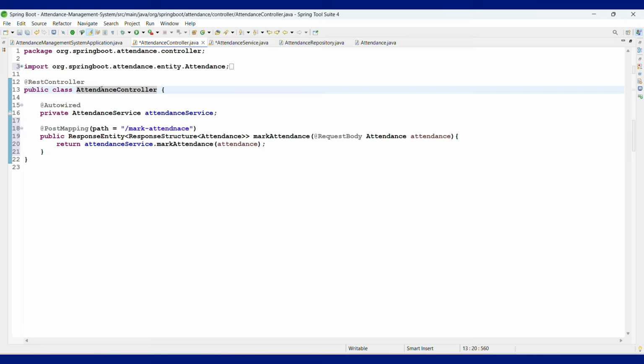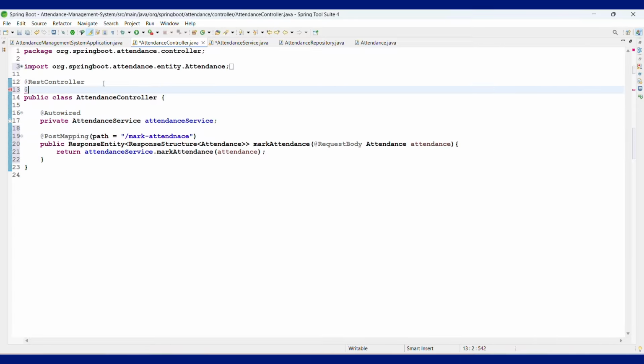But we have an admin controller as well, and a student controller as well. So you will get confused, because directly you are starting from the slash mark attendance. So you have to give a default path for the controller. Here you have to provide one more thing,